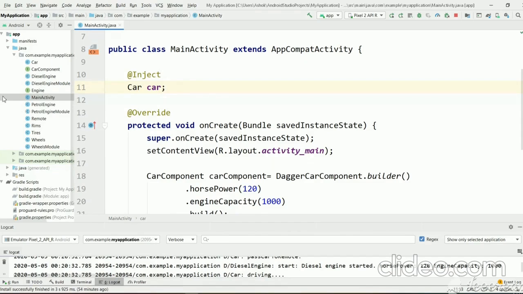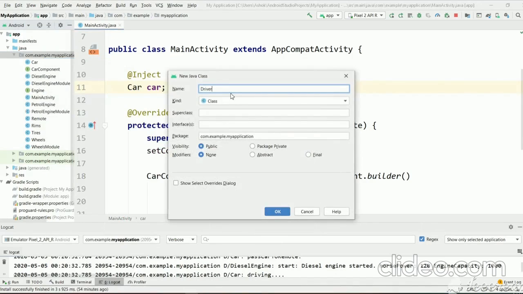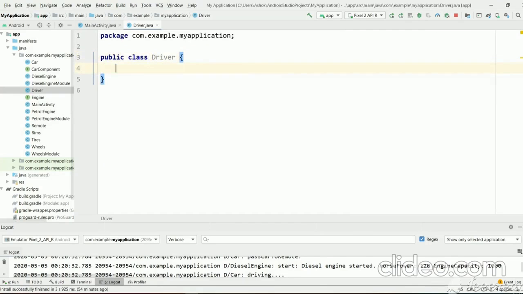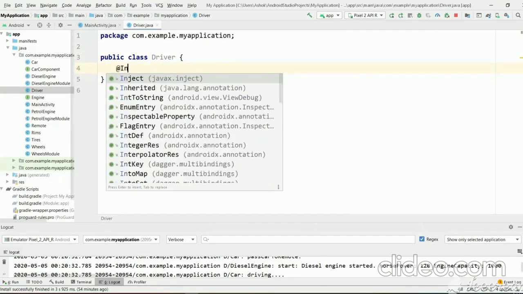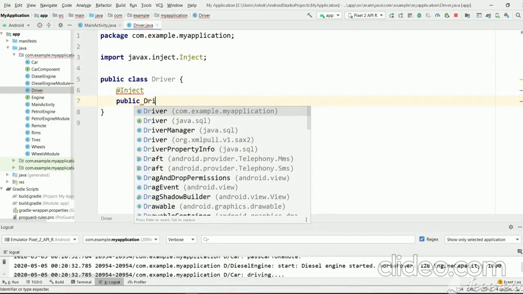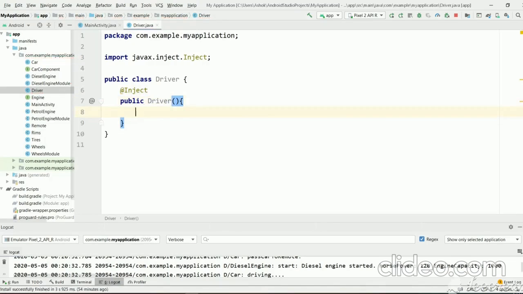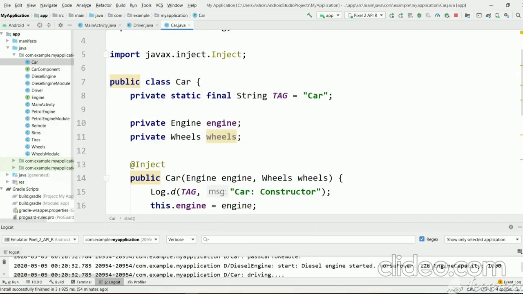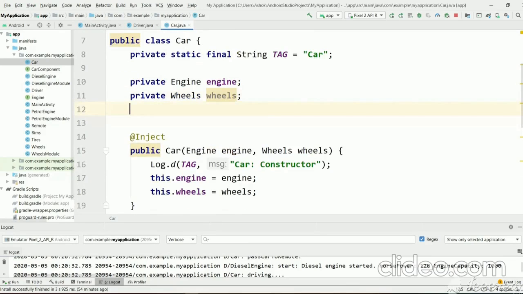For the singleton demo, let's create a driver class for this car. Let's create an empty driver class, and let's tell Dagger to create it. So if we provide an inject annotation to the constructor, then Dagger knows how to create this driver. And inside car, presently we are taking engine and wheels, and let's have a driver also.